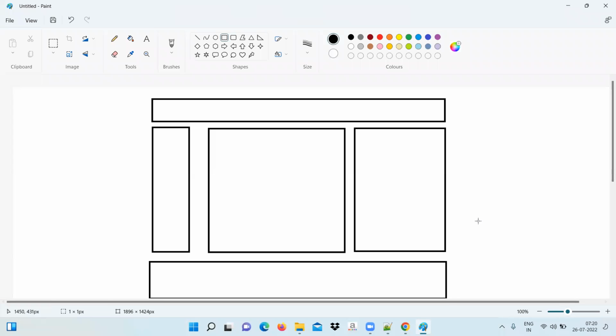You can see all the blocks are different. None of the blocks is similar. The upper one is a little less in height, the bottom one is more in height. The left side is a little thin, the right side is wider. The middle is very wide. So in this page, our rule says that if one type of design is required again and again in one page,